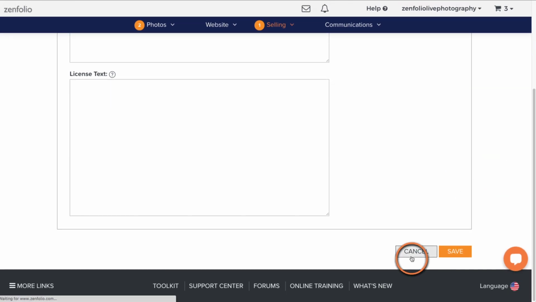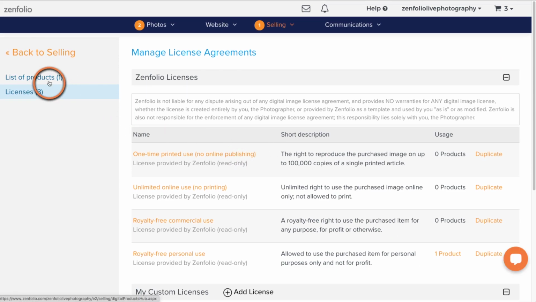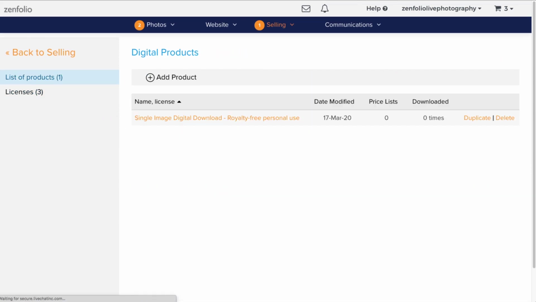Okay. All right, let's get back to digital products, and we're going to create a couple of more products. So the next one that we're going to create is a full gallery download. So I want to make a simple way for my clients to buy their entire gallery with one click as a digital download. So I could start from scratch, but I know that I'm going to use a lot of the same settings that we have applied to this digital product.